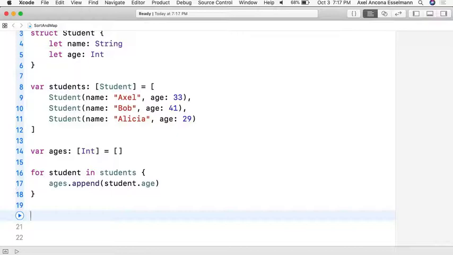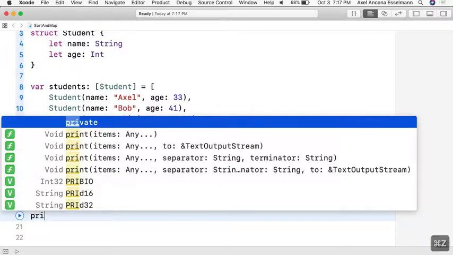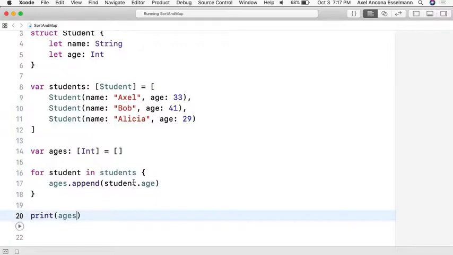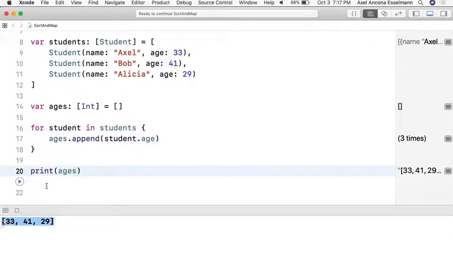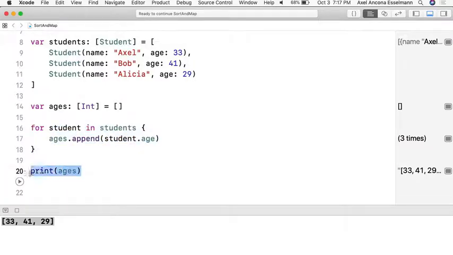So let's just see what we got here. Let's just print the array. Autocomplete is behaving funny today. Let's print the ages, and let's see what we get here. Okay, so yeah, we did the task. We had this accumulating array, and then we looped over each of them in this for loop, and now we can print it out. And then what we saw last week was a way to do this